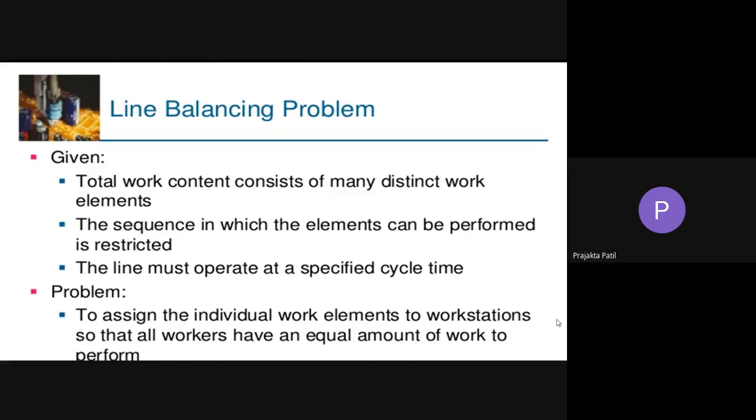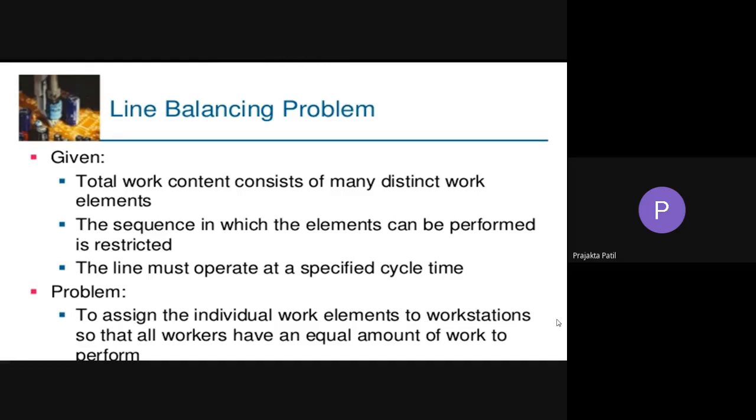When it comes to an assembly line, you have to understand that the assembly operation on the whole can be divided into sub-assembly operations, and the smallest possible task that has to be performed can be called a work element. There is a certain sequence that has to be followed in order to accomplish the complete assembly process. So there are two important concepts here in line balancing.